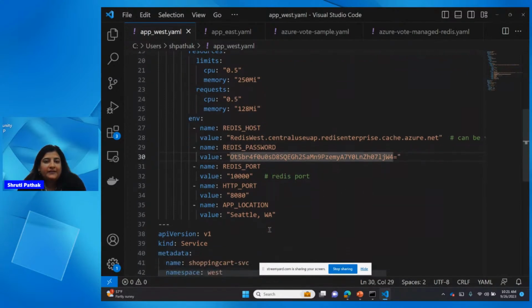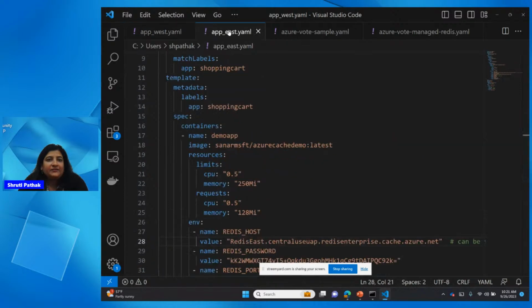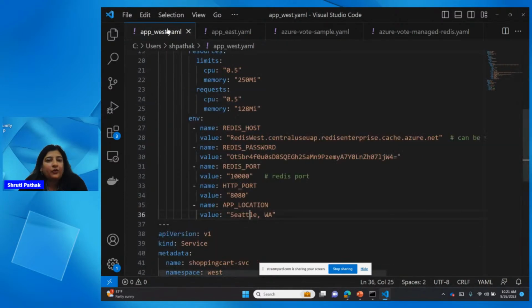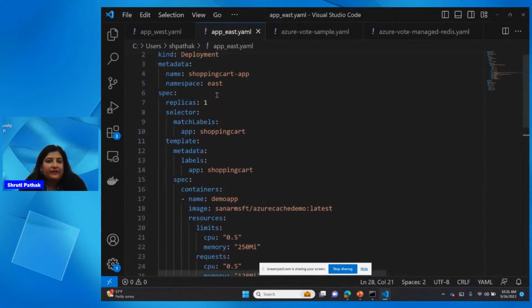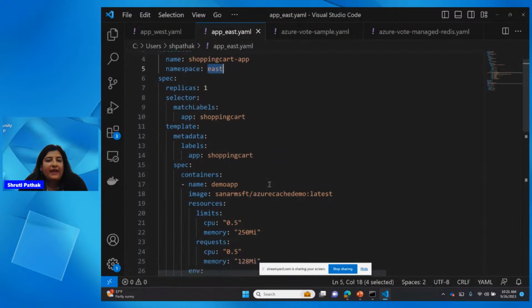And we are calling this our Seattle cache, or the Seattle instance of our website. And if you notice, this instance will run in the West namespace. And exactly similarly, we have another instance which we will run in the East namespace, and it will connect